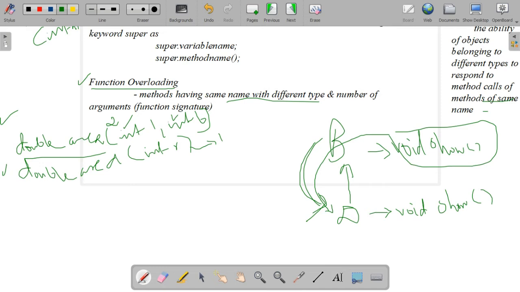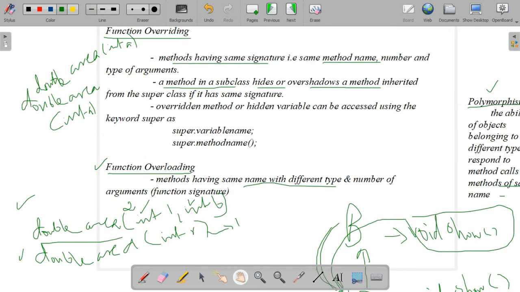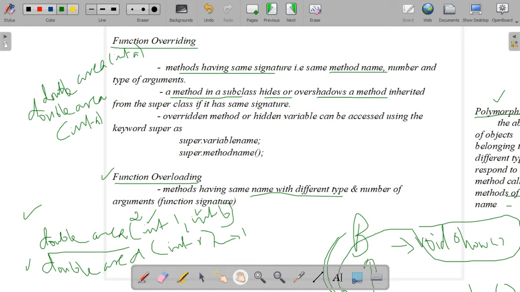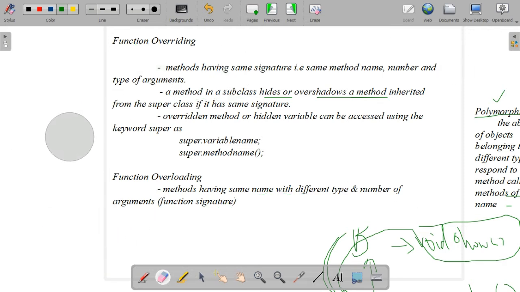Of course, we know from the base class we are inheriting the properties to the derived class, is it? So if any same methods are also there, how will it act? The base class method is overridden by the subclass, or the base class method is overshadowed by the subclass, is it?